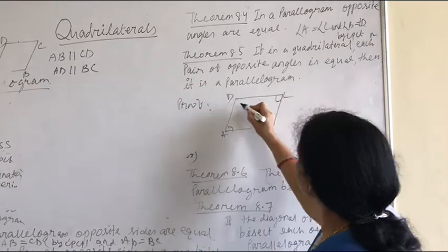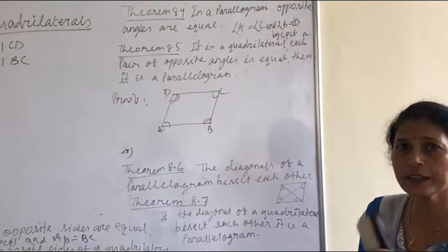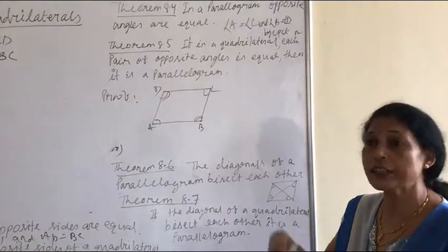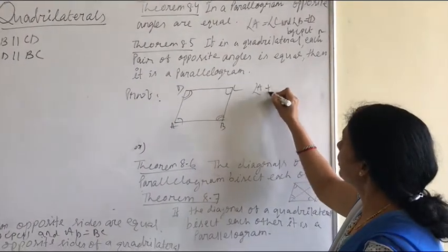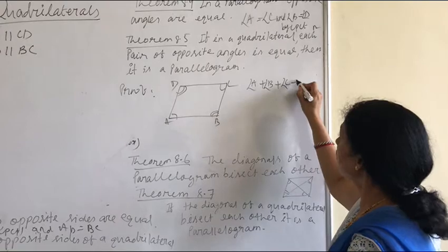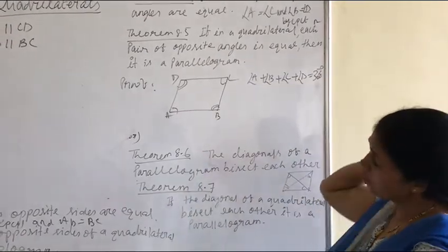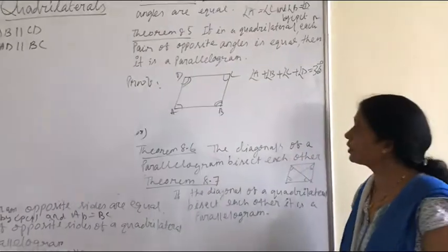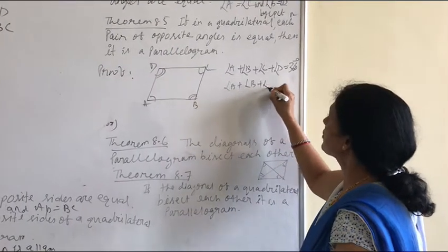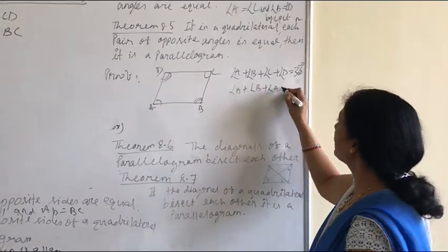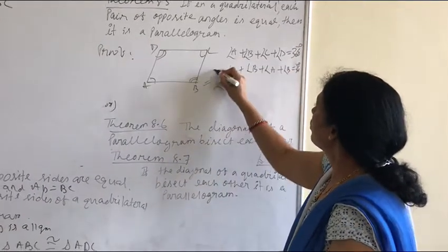Given opposite angles are equal. What is given? Given opposite angles are equal, you have to prove it is a parallelogram. By angle sum property, angle A plus angle B plus angle C plus angle D is 360 degrees. You know all of you, angle sum property of a quadrilateral is 360 degrees. So angle A plus angle B, instead of angle C you can write angle A plus angle B, is 360. So, 2 times of